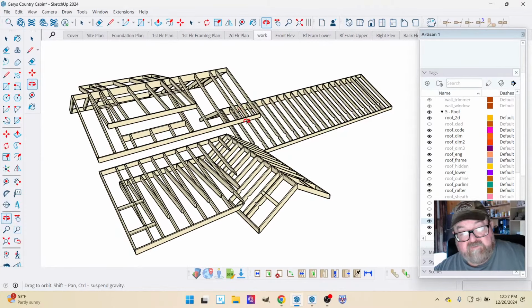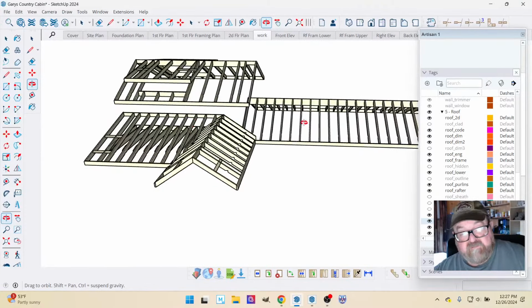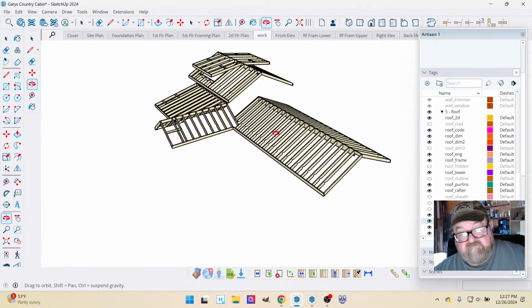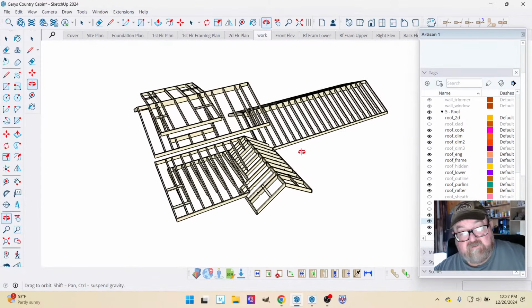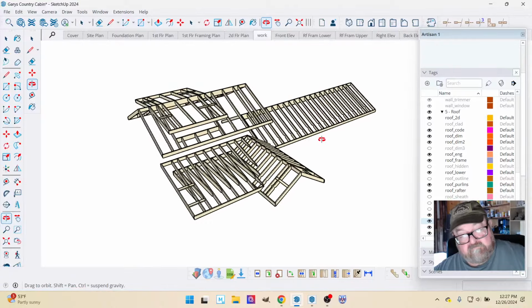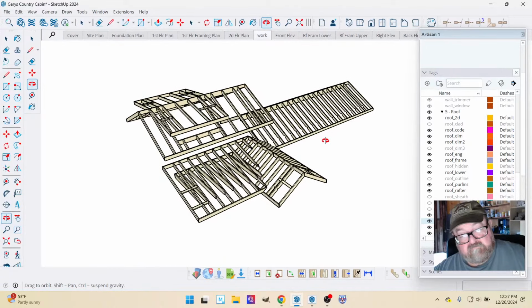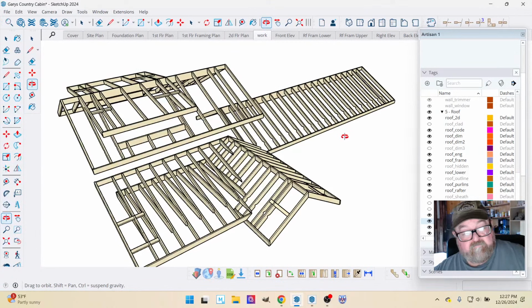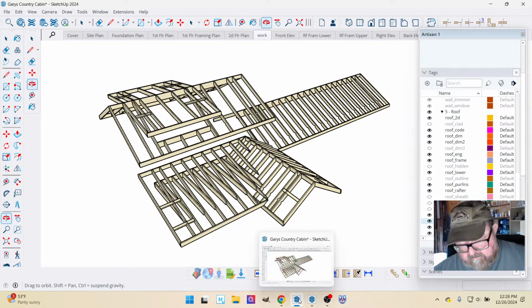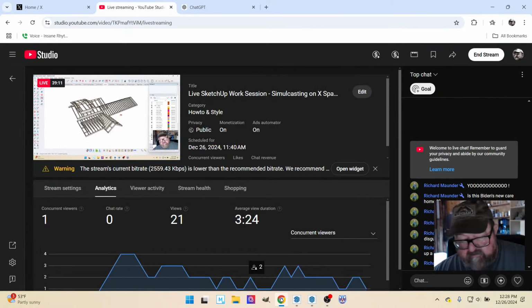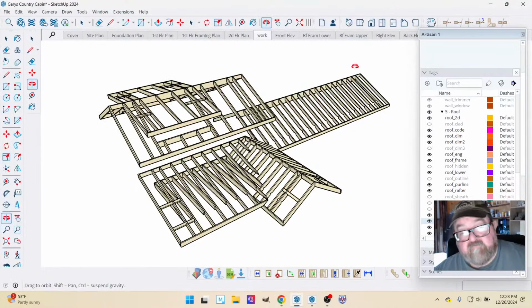I'm trying to get it to where this, as a matter of fact, I may just turn this one off. Not sure. We're going to call this view,